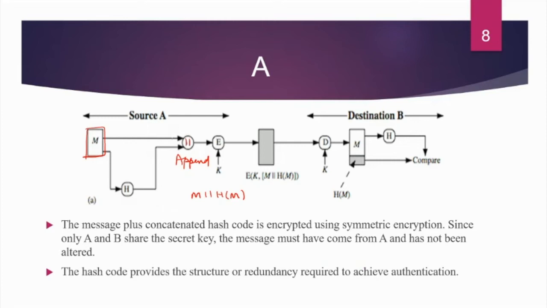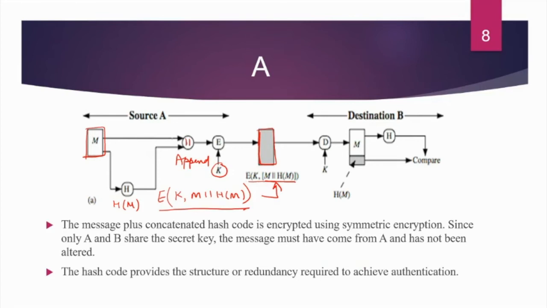Okay, right. So here we compute H of M, and this is what we got. Then this entire thing will be encrypted using a key K. The key K is used to encrypt the entire message, and this is what is written here. So first the message is appended with the hash value of the message, and then it is encrypted using key K. Now this block of information is sent over the channel.